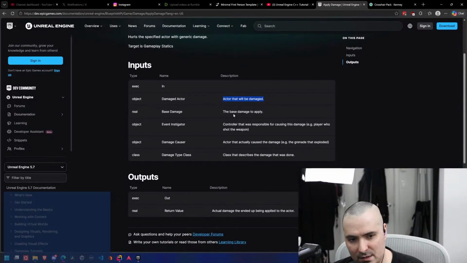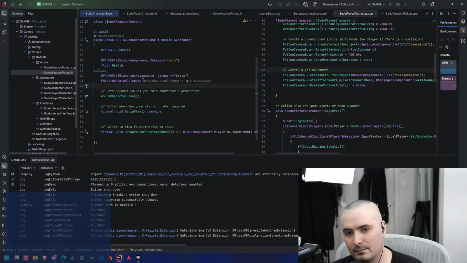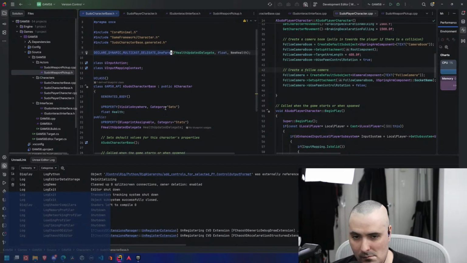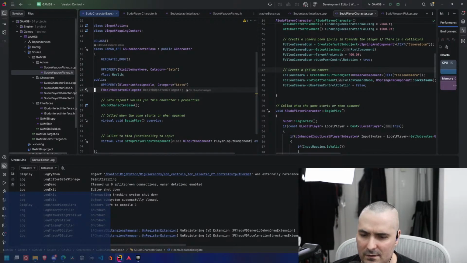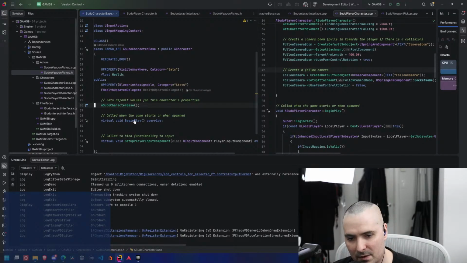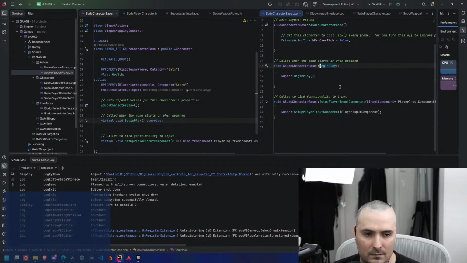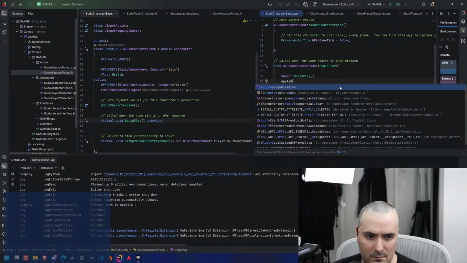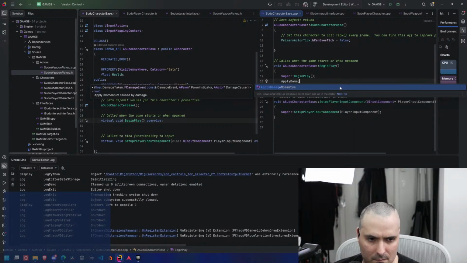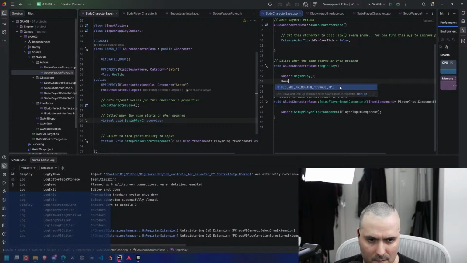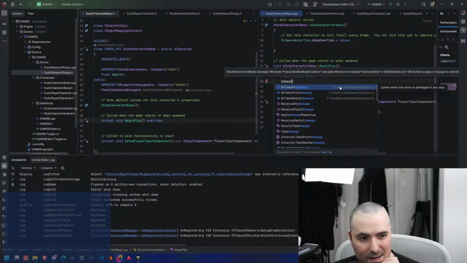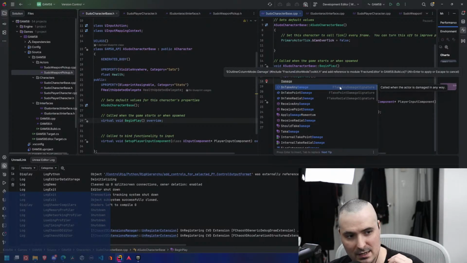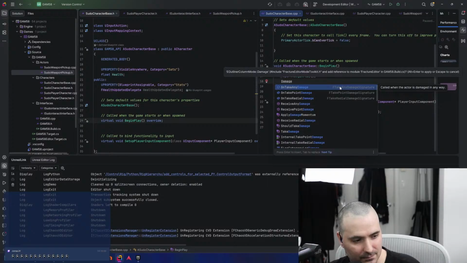So that will be damaged based on damage apply. Right? Or we build our own. Because I believe there is a whole system that we can utilize here. On take any damage. There it is. Called when the actor is damaged in any way.